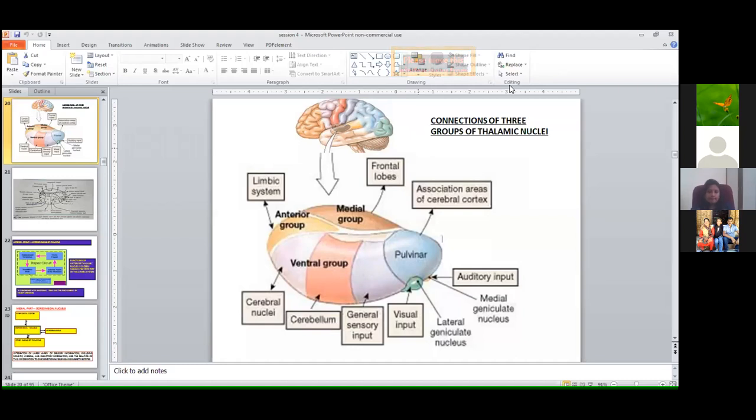Ma'am, you mentioned the septum pellucidum. Anatomically, it is only a membrane that separates the anterior horns of the two lateral ventricles. Are there any functional or physiological aspects of the septum pellucidum, ma'am? Exactly, it is involved in the limbic system. That's all. The exact function is not known about it.